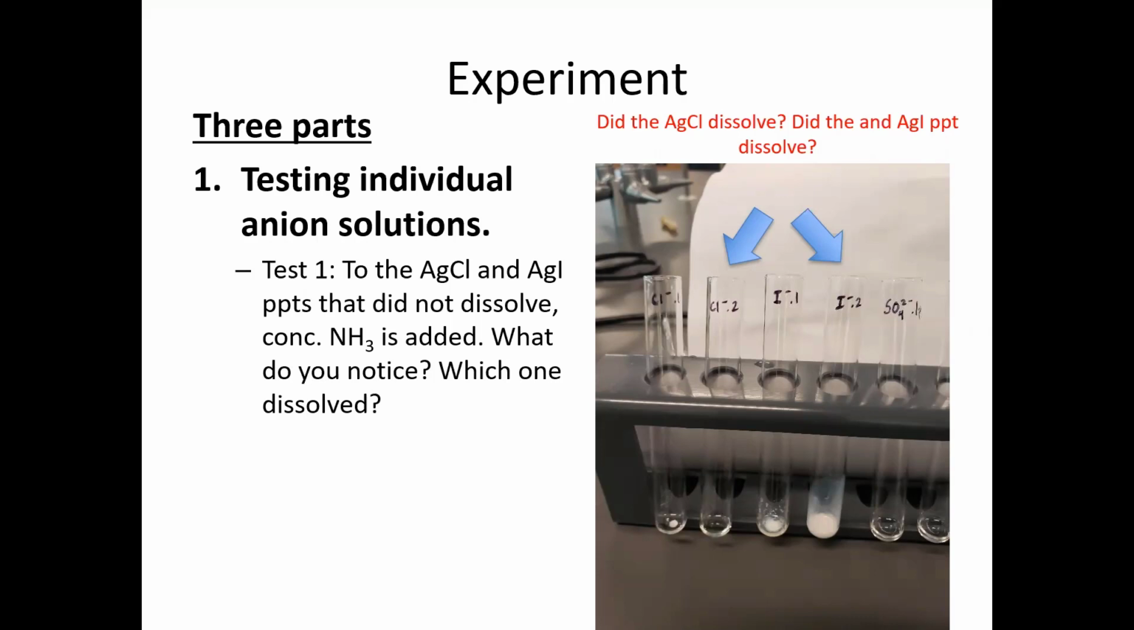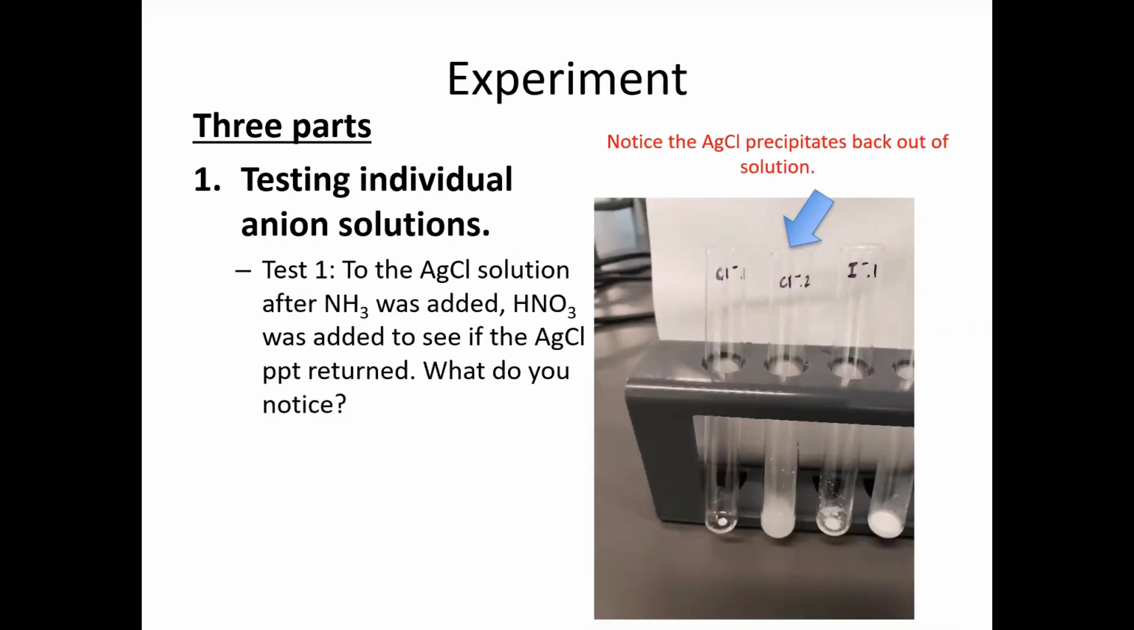So silver chloride dissolved in ammonia because it's forming a complex ion, right? And this complex ion is destroyed when you add nitric acid, because the nitric acid is going to react with ammonia, which will destroy the complex ion. After the complex ion is destroyed, the silver plus will combine with chloride again, forming silver chloride, which is not